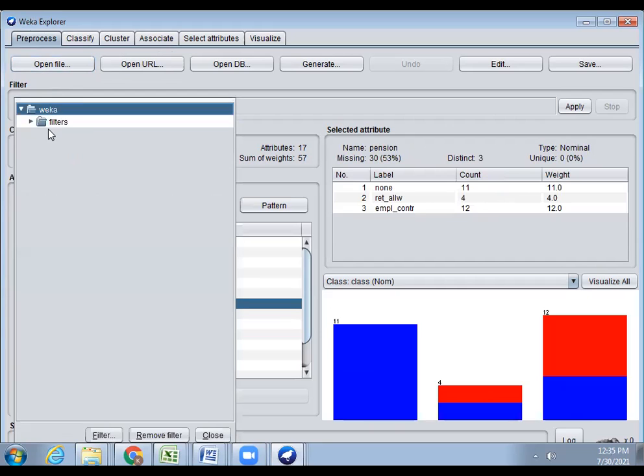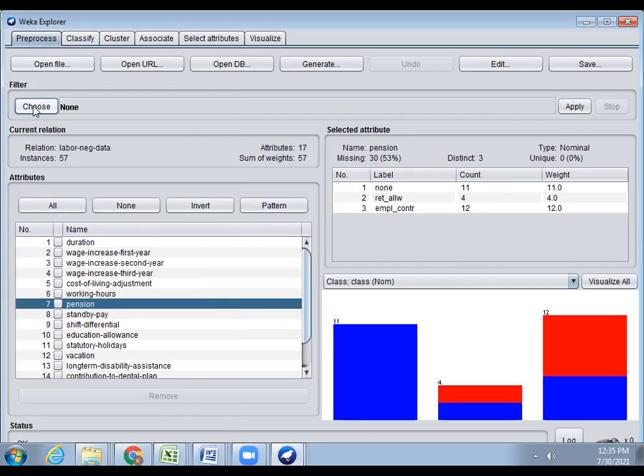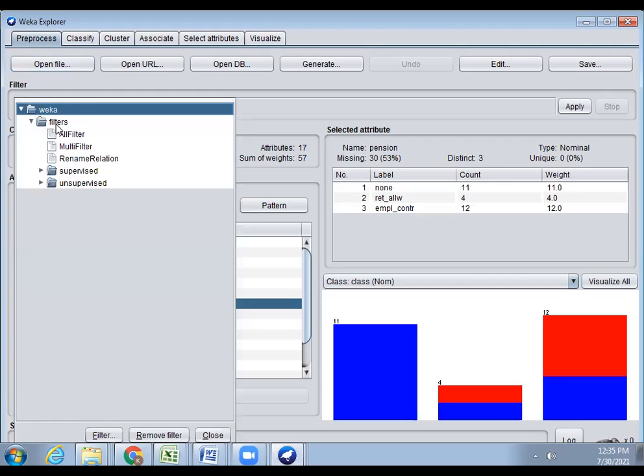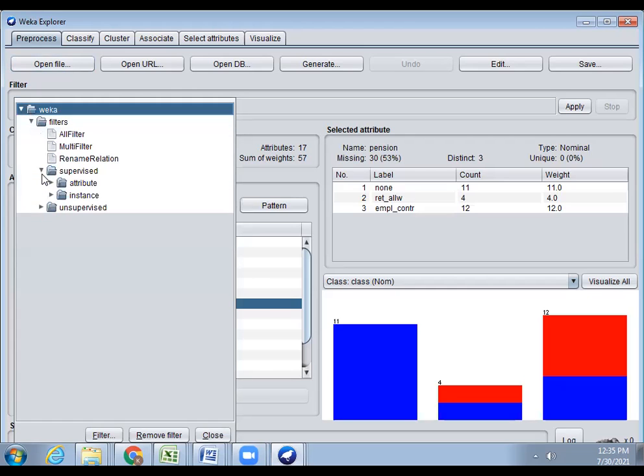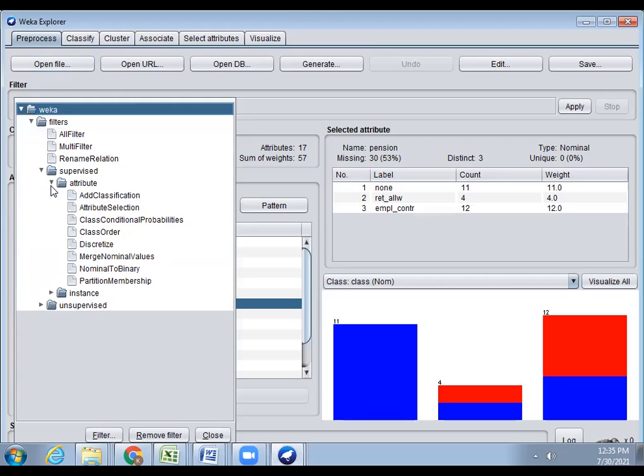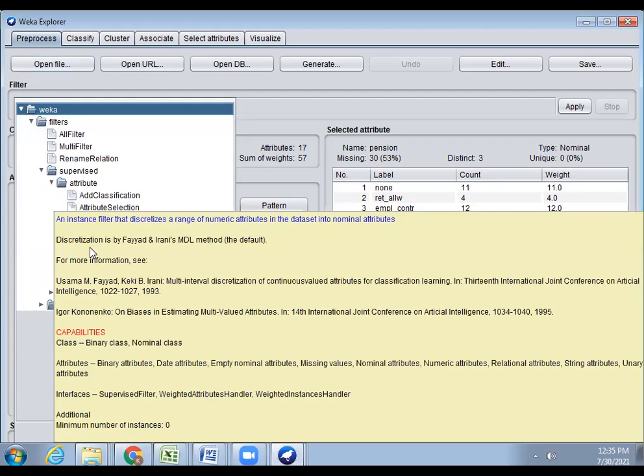Now we choose the pre-processing using this filter. In the menu, there are two types: supervised and unsupervised. We have to pre-process the attributes. In supervised attributes, here the discretize option will be displayed.